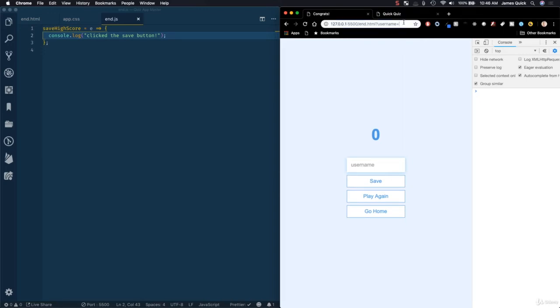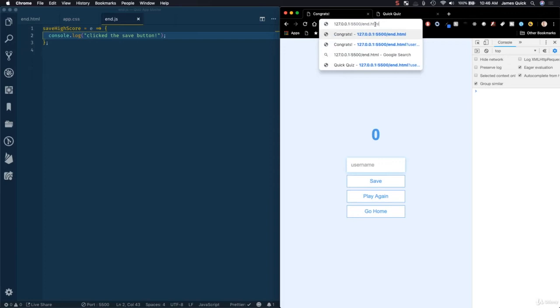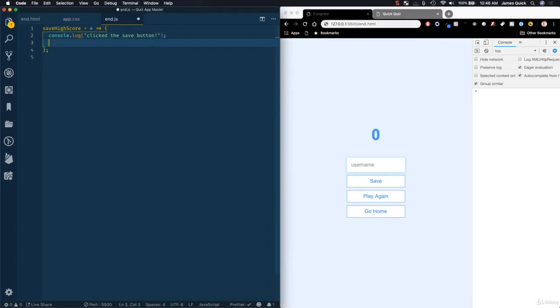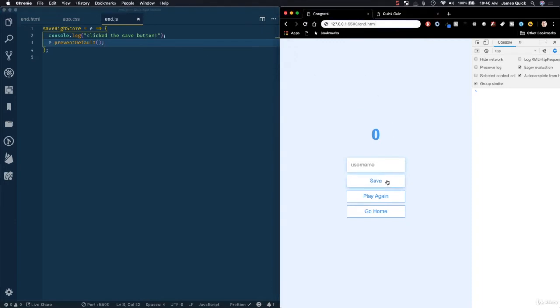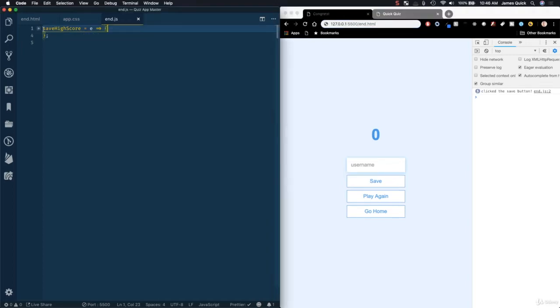So forms by default will go ahead and submit to a new page with those form properties as query parameters at the top. So what we want to do is e.preventDefault. So this will prevent the form from taking its default action, which is to then post to a different page. So clicking save now should be okay. It'll just log out, and then I can click this as many times as I want. All right. So this is letting me click, but I don't want to be able to click unless somebody has